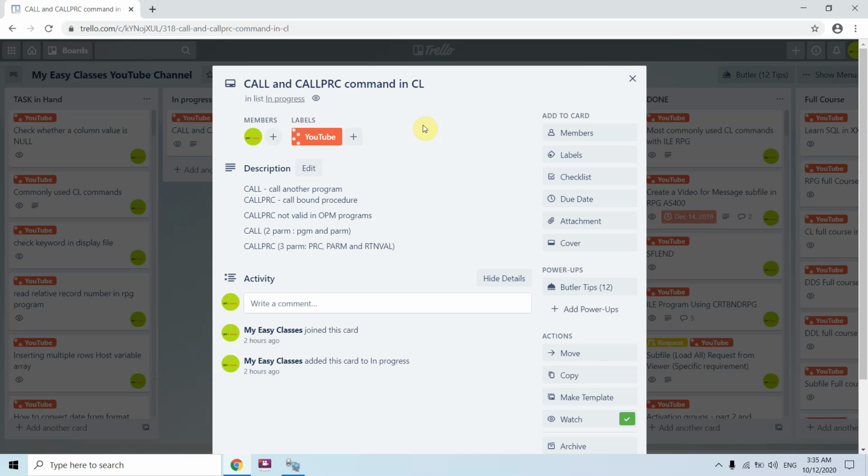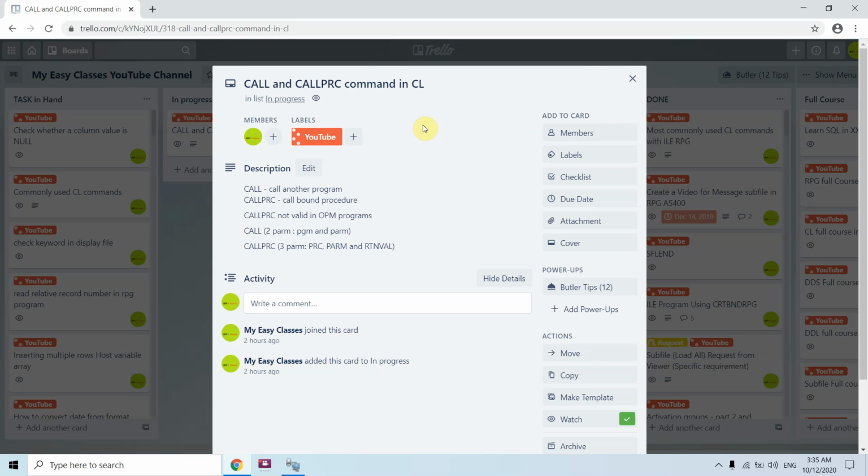And if we use CALLPRC, we can only call procedures or modules which are created using the ILE concept, meaning there would be some module and a separate program for them, or a service program. If a program was created using the CRTBNDRPG or CRTBNDCL command, meaning OPM programs, we cannot call those programs using CALLPRC as a procedure.